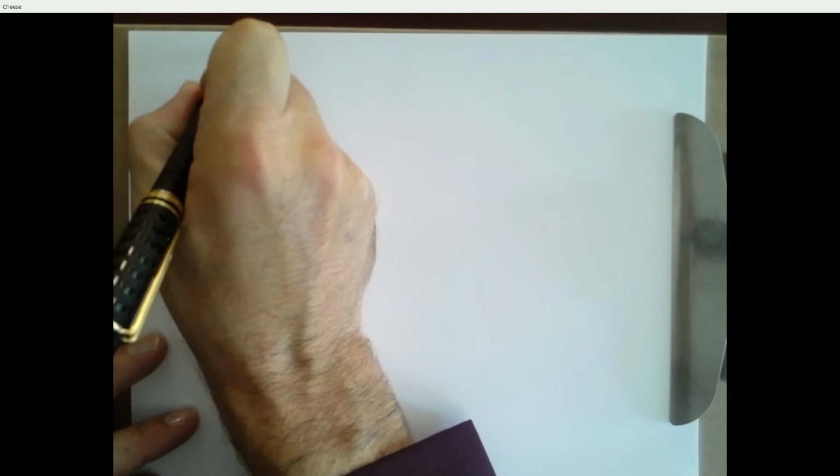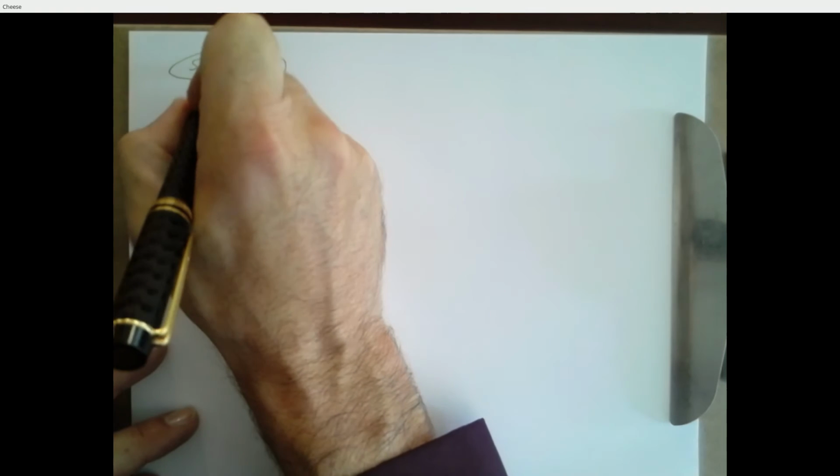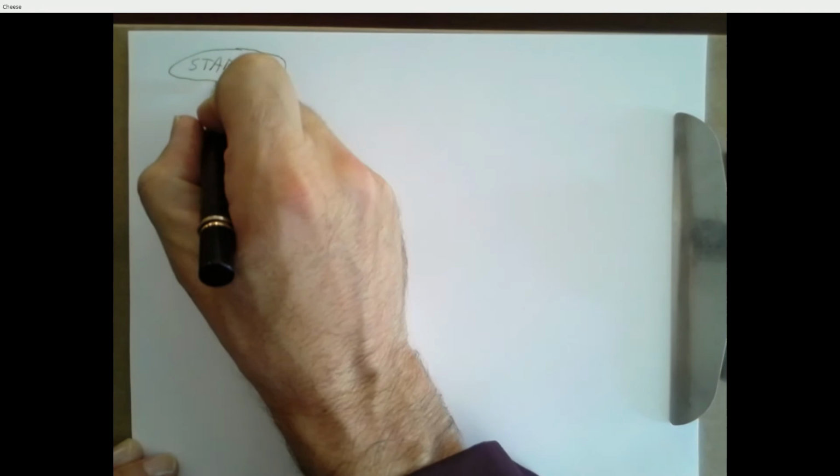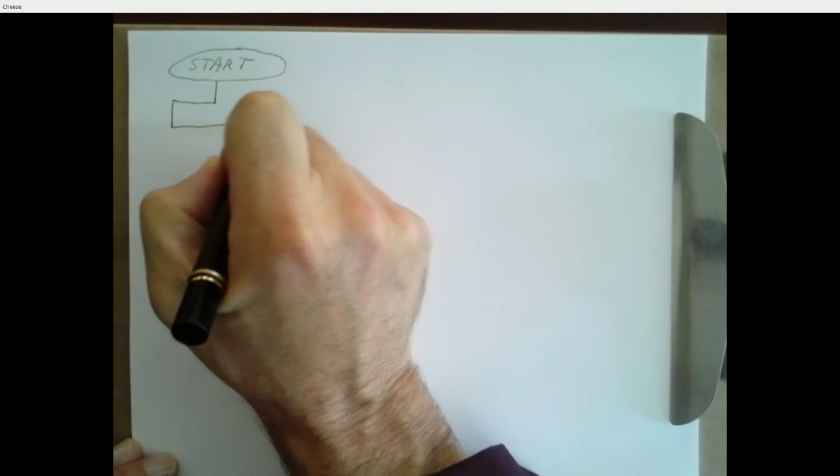So we always start with an oval at the top, and it's usually labeled start. It's saying this is where the program begins, because we're going to have lots of boxes and arrows and lines on here, so we start at the start, and it's usually at the top too. And flow usually goes from top to bottom unless there's an arrow pointing somewhere else. So this will come down through this line, and it may come to a rectangle.